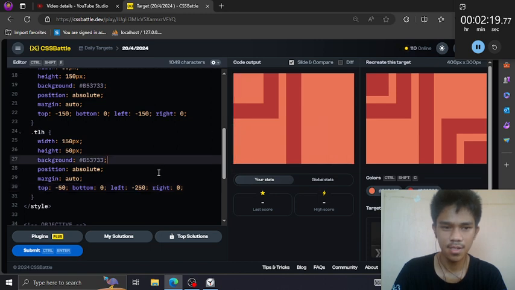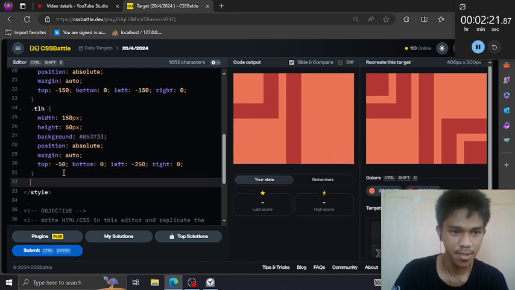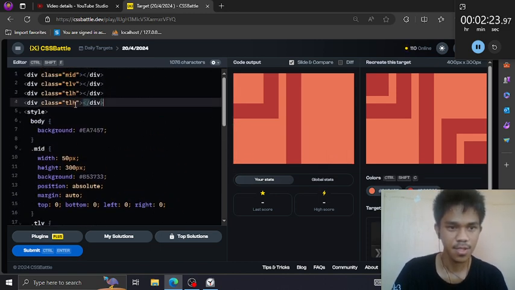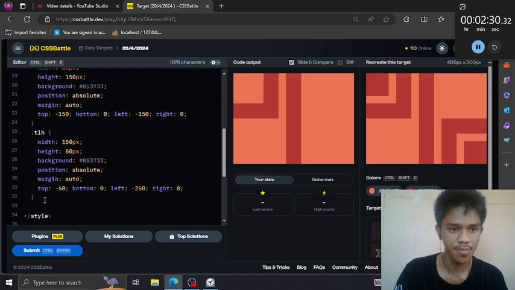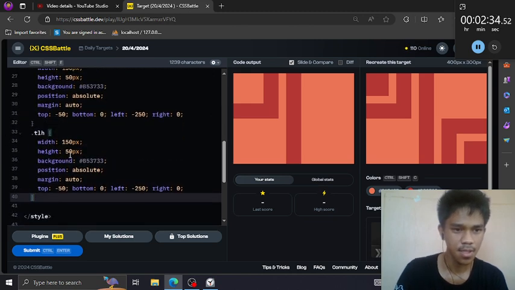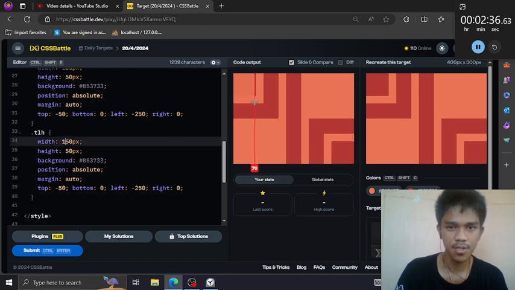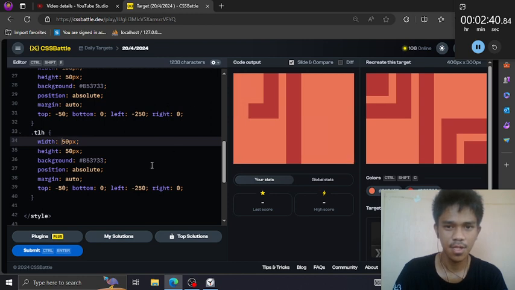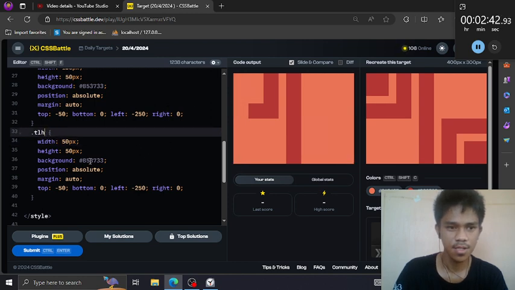Then this box right here in the top left corner. Just copy this. As you can see, the height and the width are similar, so let's do that.